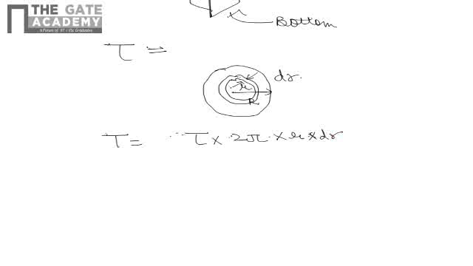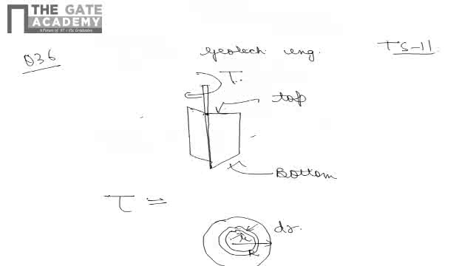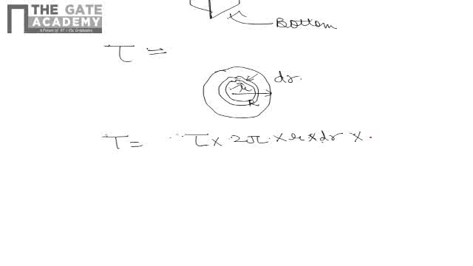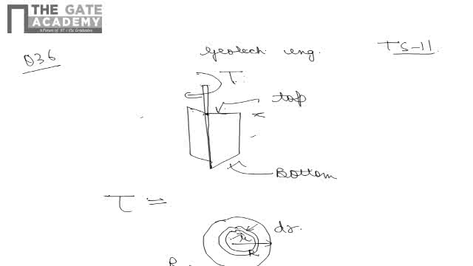This will be force, because stress multiplied by area gives us the force acting on this elementary strip because of this applied torque T, which is causing failure of the soil mass, multiplied by the lever arm, which is r in this case, and integrating it between the values 0 and R. Now we have to neglect this portion of height h, which is not in touch with the soil because it has been cushioned somehow, and only the top and bottom surface churning is causing the failure.